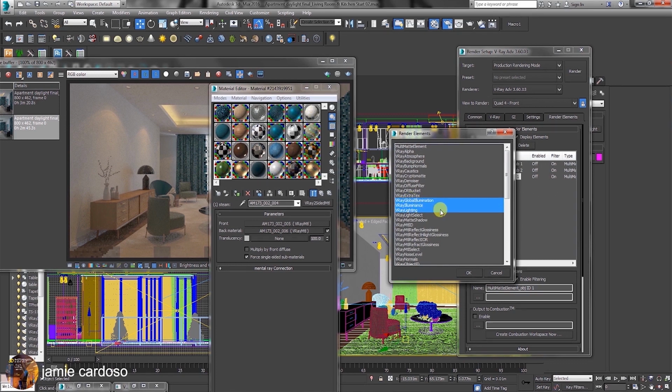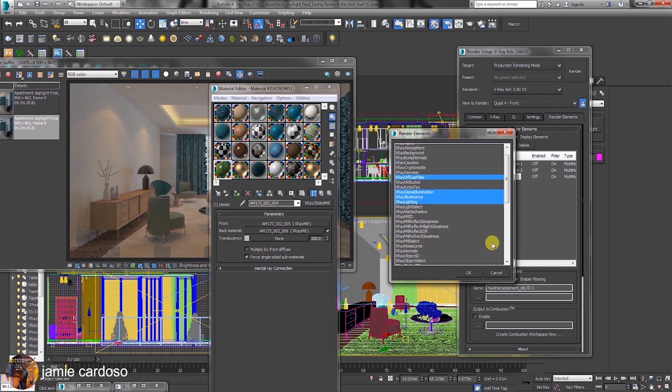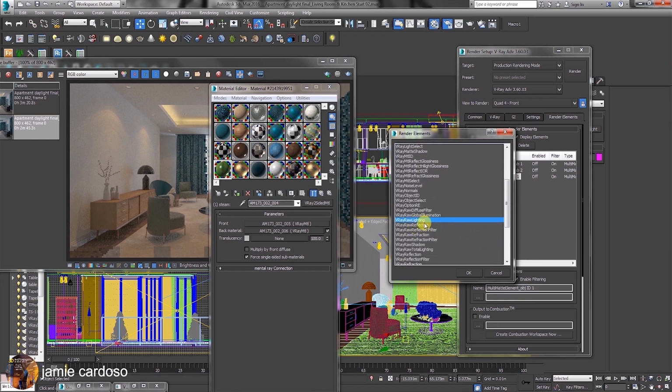Also, add the VRay glow illumination, VRay diffuse filter, the VRay raw lighting, VRay raw refraction. Never use the VRay raw refraction filter, as this will cause your render elements to be completely blown out. Also add the VRay raw shadow, the VRay refraction,